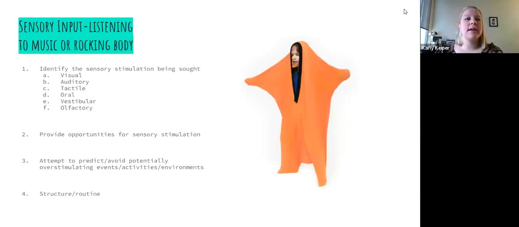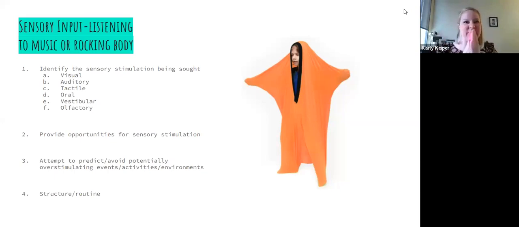The next one is sensory input. So we all are sensory people, right? We have our senses. We love to smell candles or listen to music, or maybe you have your favorite sweater that you wear that just makes you feel cozy and nice on cold days like this. Well, our children, especially those on the spectrum or those with sensory processing disorder, they also have sensory needs, but sometimes they look a lot different than ours. So their senses can be heightened, and that can either lead them to seek a sensory piece, so seek maybe something that feels good, like I have some of these little wiggles in my basket.